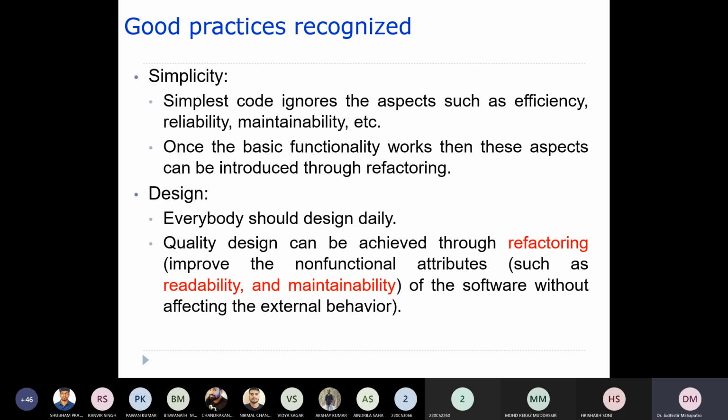Now, the other practice here is design. Everybody should design daily. That is, you should keep on being involved in the design process every day. That is what it says. So you should always be involved in the design process. Quality design can be achieved through refactoring. So if you have a better design,